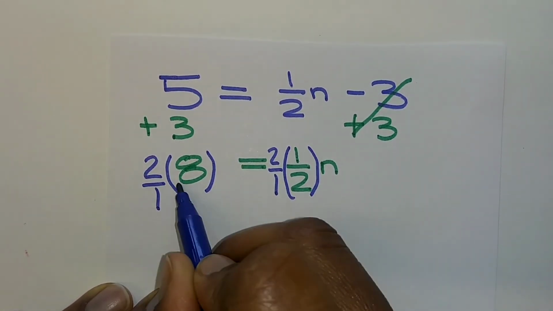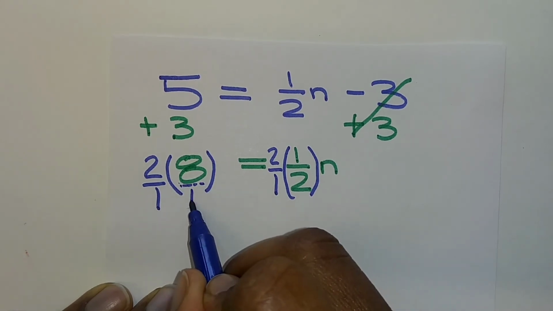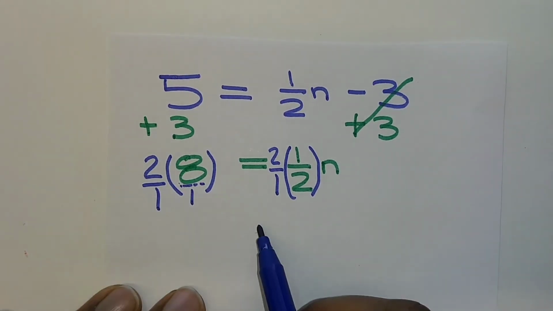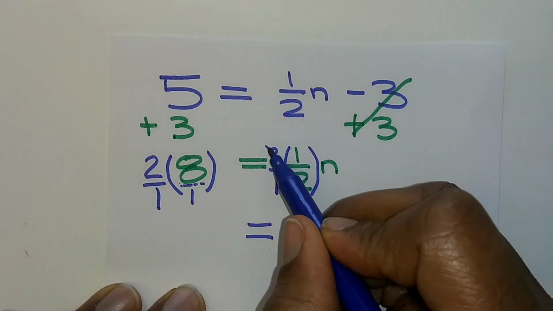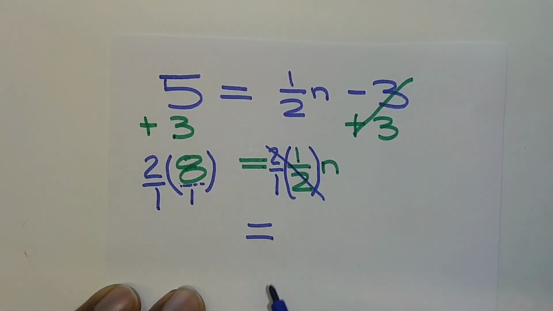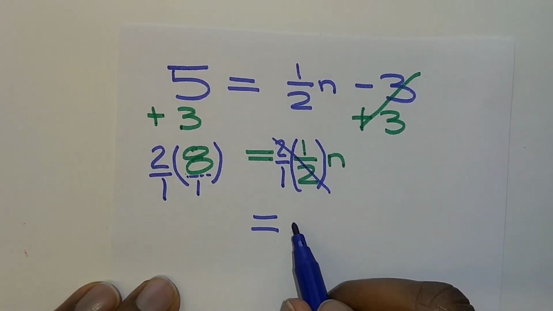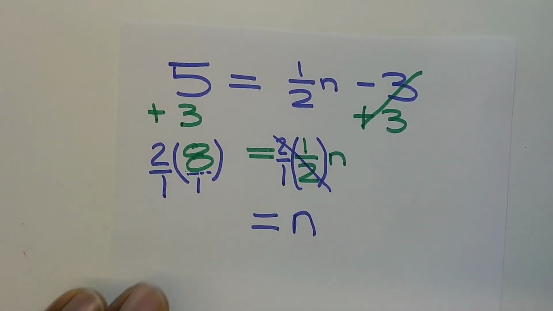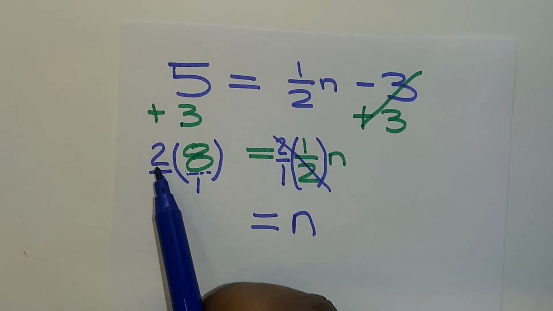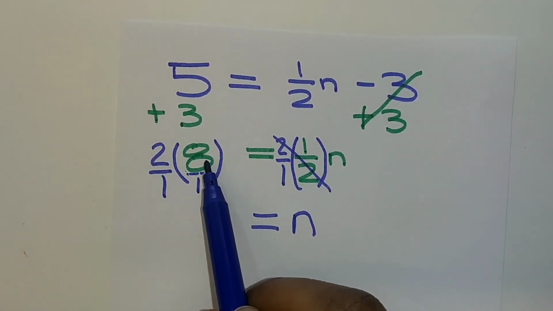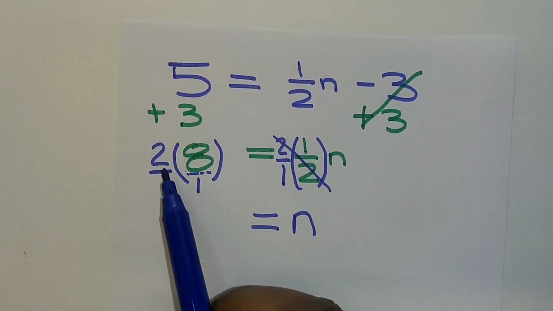Okay? Remember, you can put this as a fraction if need be, if you need to change the way you see that. This equals 1 whole. That's why I did that, because I need this coefficient in front of this variable to be equal to 1. Bring down my n. And when you multiply fractions, you multiply numerator times numerator, denominator times denominator, and 2 times